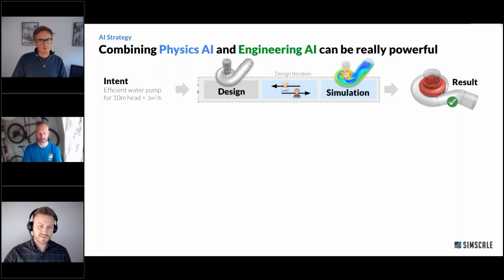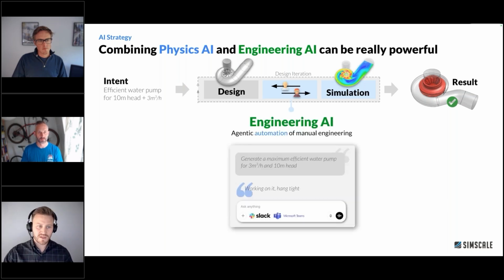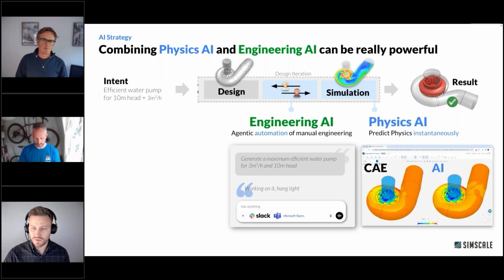They're not going to be sat assigning boundary conditions, assigning materials, handing off projects between each other. They're going to own the design intent. And they're going to work with engineering AI to automate all of those manual steps. And they'll communicate with engineering AI through natural language, such as Slack or Teams or email. And they'll work with them as though they're an employee.